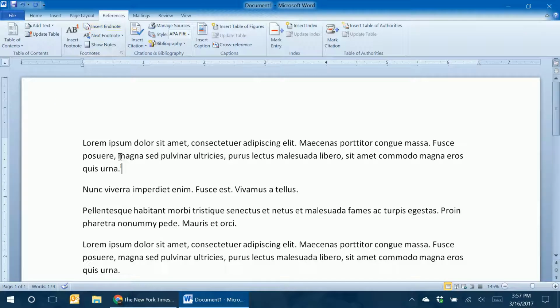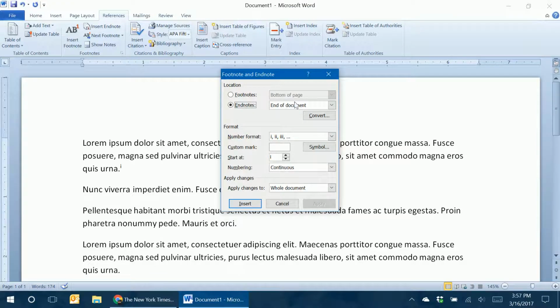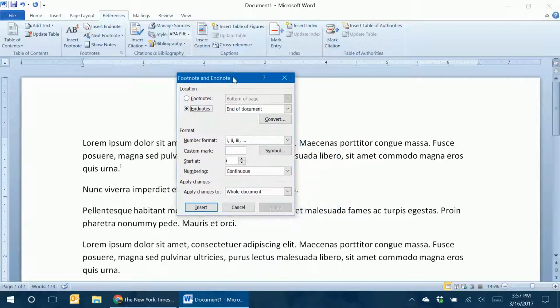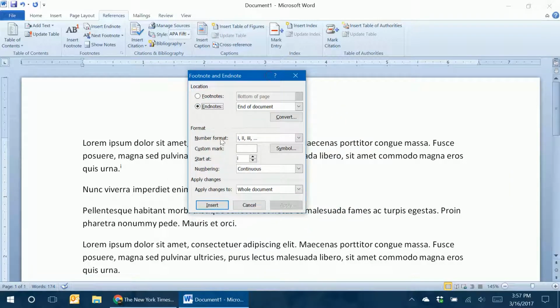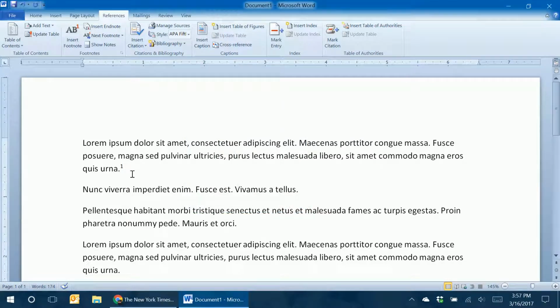So insert your endnote. Now by default it's a Roman numeral I. Just click this little arrow by Footnotes, and that will bring up your options here. So right here, number format. I just want to change those to regular numerals, 1, 2, 3, not Roman numerals. And then apply. So you can see that that's changed from the Roman numeral I to just the number